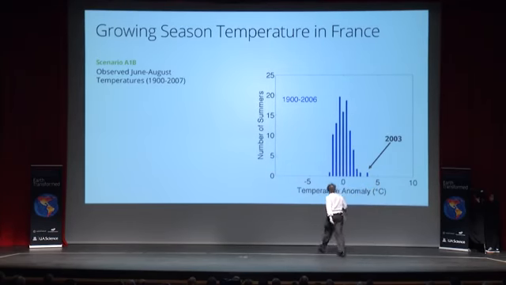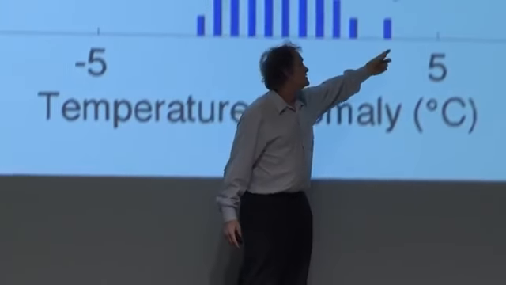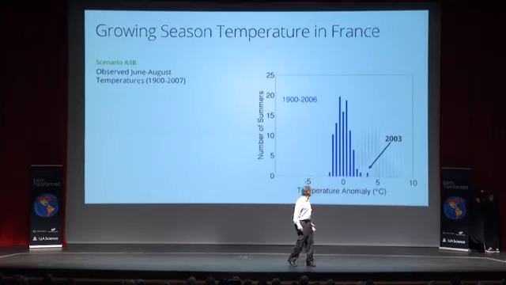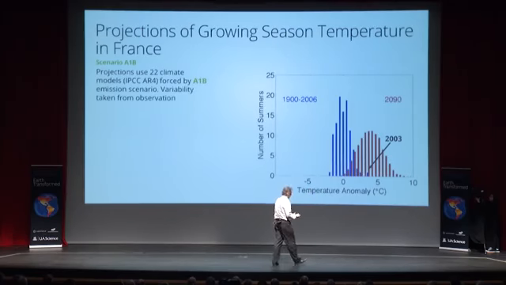And a really, really cold summer was 2 degrees colder than normal, the coldest summer on record. Up until 2003, the warmest summer on record was 2 degrees above normal, and then here's 2003, right? That's why it was such a shock. It was so out of bounds compared to anything that had been experienced. If you look, there's the punchline.